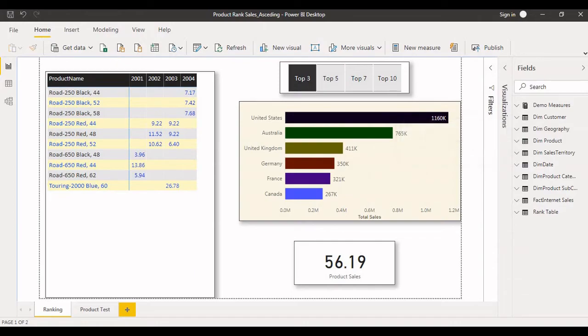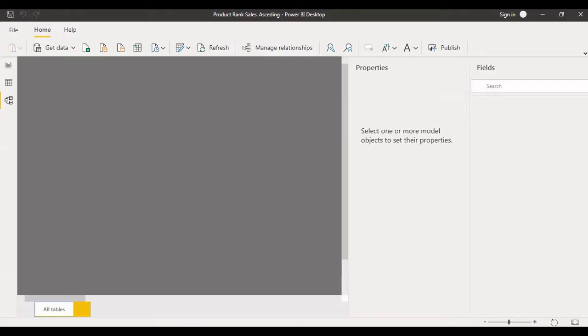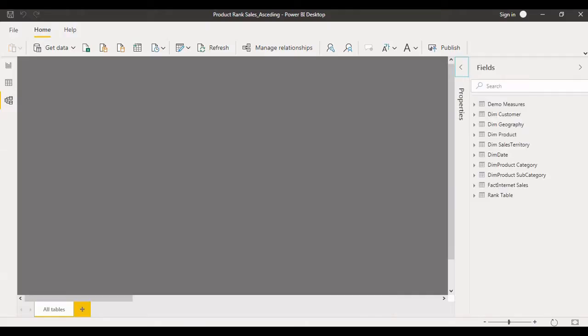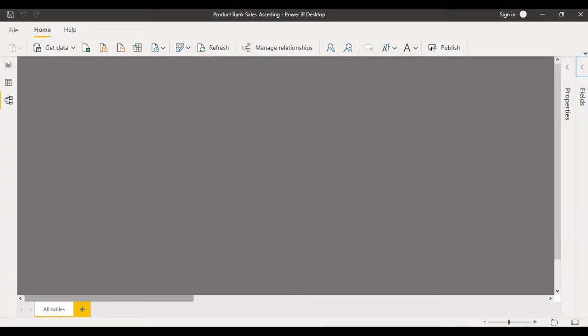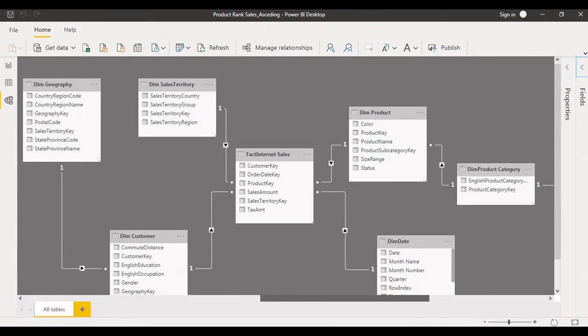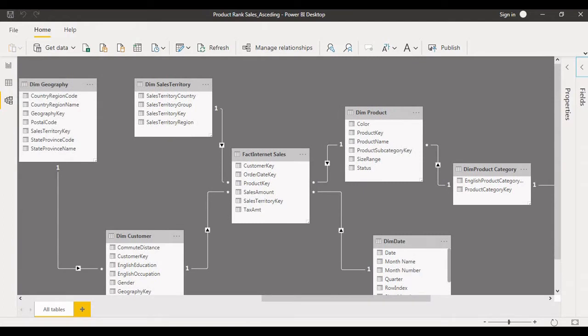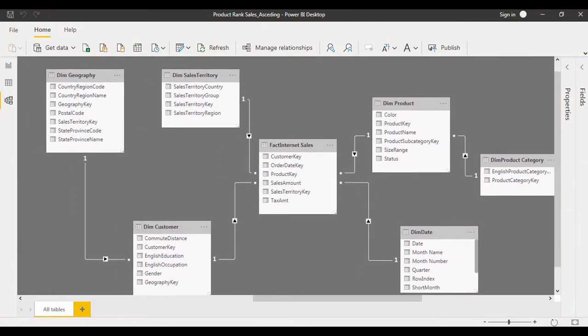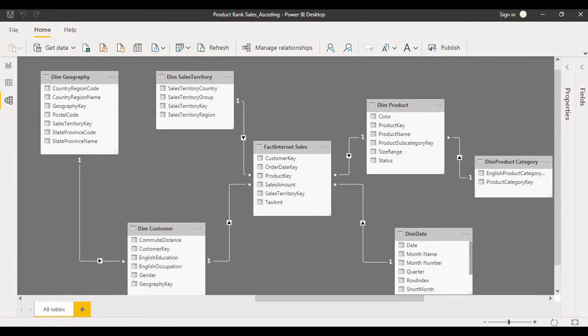Now go to the model tab. Just collapse this one and scroll a little bit. You can see that I have already established the relationships, so I'll explain one of them. If you place the mouse over any of them, you see some color highlighting, which means that based on this key column we have established the relationship between the dimension table and fact table.